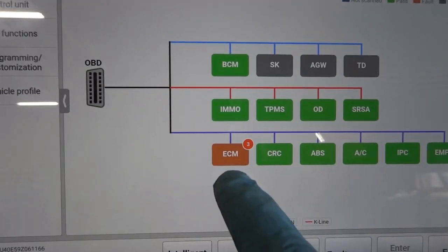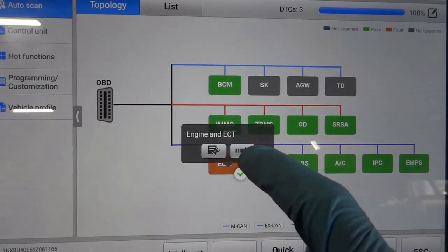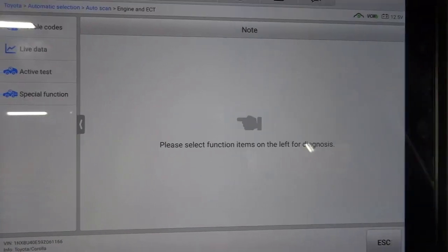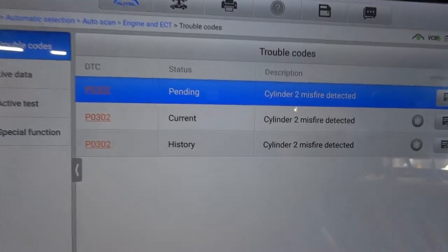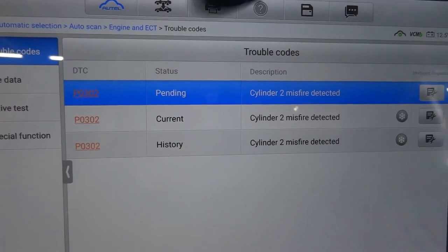We only have a problem in the engine computer. So let's click on ECM. So let's get into the engine computer. So let's go to trouble codes. Alright, so right here guys, we have one trouble code in the engine computer, but this trouble code is repeated